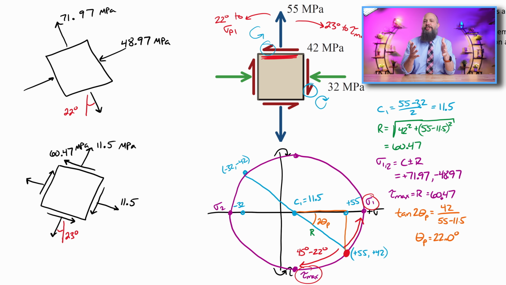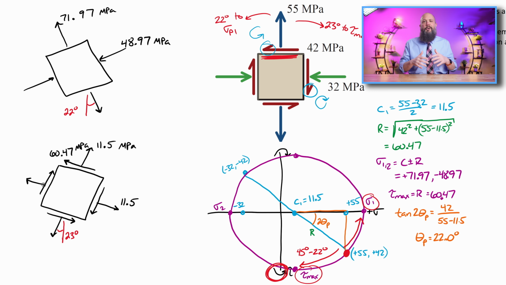For my top flat surface, should shear be drawn pointing to the left or to the right? So my axes labels for this bottom point is drawn as counterclockwise. So since this 55 megapascals is rotated 23 degrees, I'm looking at this top surface should also be drawn with shear stress pointing as if it were rotating